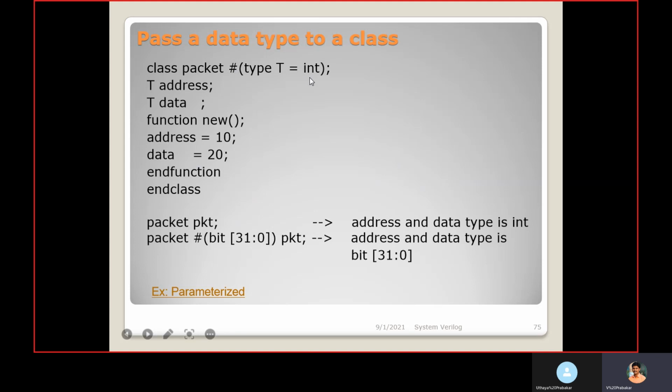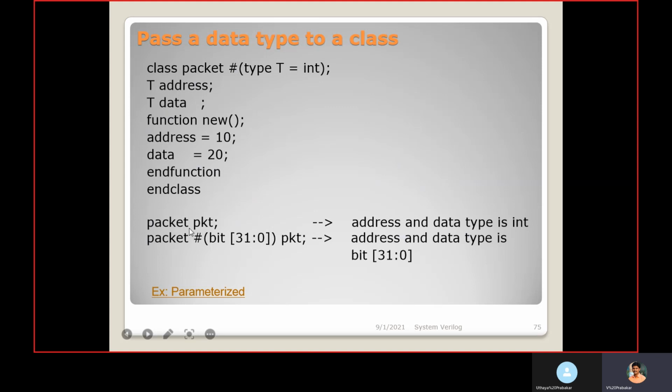So instead of using int, I can represent it as t. Okay, t is nothing but the int data type. So t address, t data, then function new. Inside the function new, I assign address as 10 and data as 20. Then here I declare the packet as pkt. So in this pkt, the address and data are all of int data type.